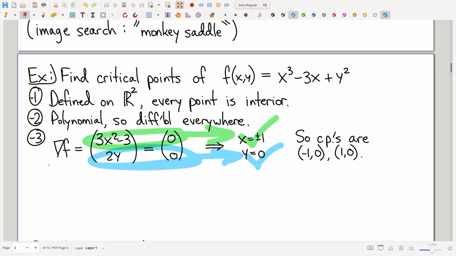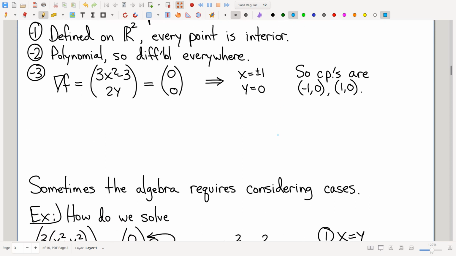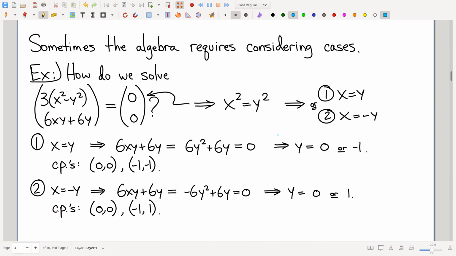Now, here's the thing. This example here is the sort of good news example where solving this system is actually really easy. Solving systems is not always easy, right? Sometimes the algebra is weird, and when the algebra is weird, you have to be careful and consider cases. Okay, so for example, let's suppose that you're setting the gradient equal to 0. Maybe you end up finding a system kind of like this. How would we solve this system? Okay, well, looking at this top equation, I can pretty easily conclude that x squared is equal to y squared,